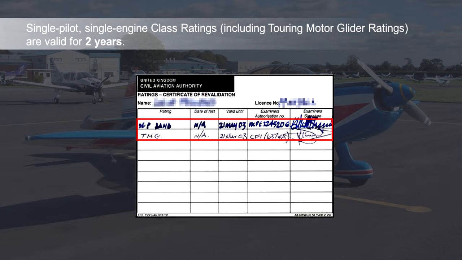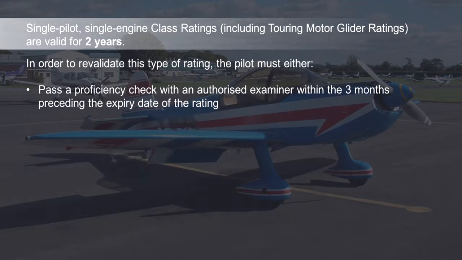For instance, single-pilot, single-engine piston class ratings, including touring motor glider ratings, are valid for 2 years. In order to revalidate this type of rating, the pilot must either pass a proficiency check with an authorised examiner